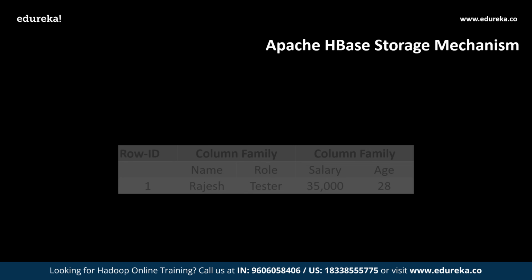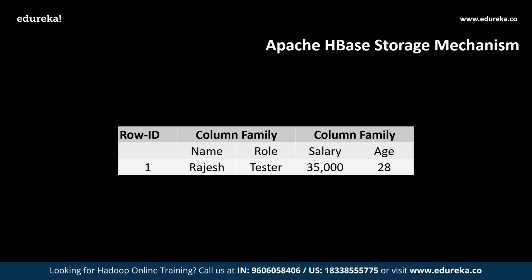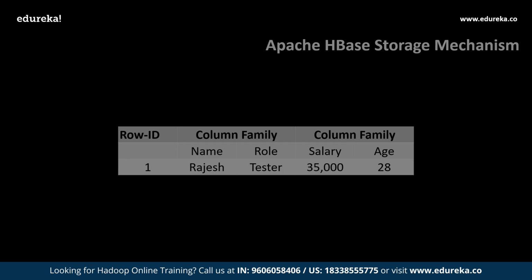Each cell value of the table has a timestamp. In short, in HBase, a table is a collection of rows, a row is a collection of column families, a column family is a collection of columns, and a column is a collection of key value pairs. The following table gives you a brief description of the storage mechanism followed in HBase. Followed by the storage mechanism, now we shall enter into the next stage where we will understand the features of